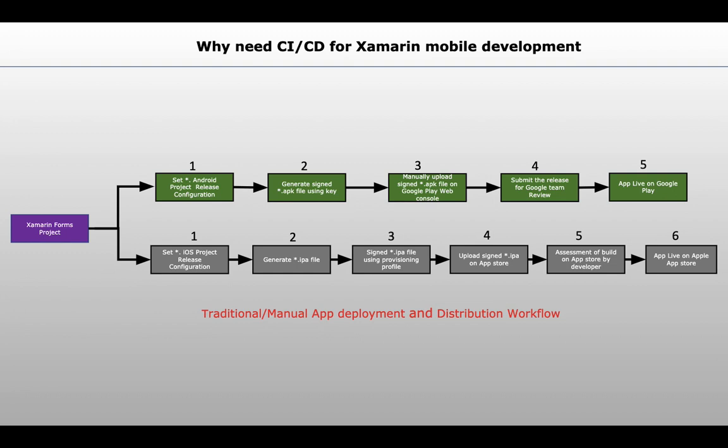Provisioning profile I will explain in chapter 4, where I will have a complete chapter on Xamarin iOS publishing and deployment. We will cover the entire process of deploying an iOS build on the App Store. Then once you sign the IPA, you need to upload it. There are two ways, or actually three ways, but I will show you two ways in chapter 3. One is the ad hoc option, where you upload manually with the help of a third-party tool or a tool Apple provides itself, called Transporter, where you manually upload the build.